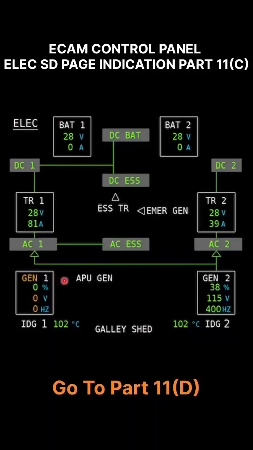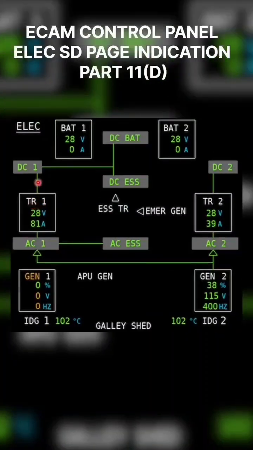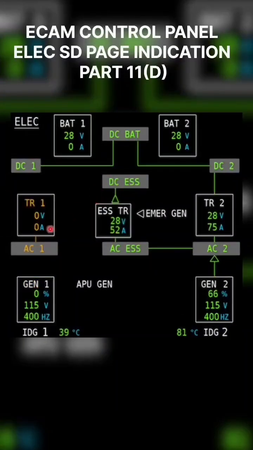So this concept is almost the same for everything, but this is an abnormal situation where one generator has failed. There is another abnormal situation, like AC bus 1 failure. Failure of AC bus 1 supplies the AC essential and, via TR1, the DC essential. If you see the previous image, it is supplying AC essential and via TR it is supplying DC essential. So if AC bus 1 fails, then AC bus 2 will supply the AC essential